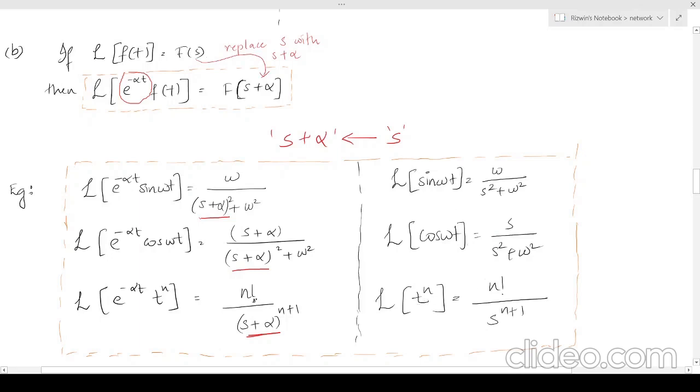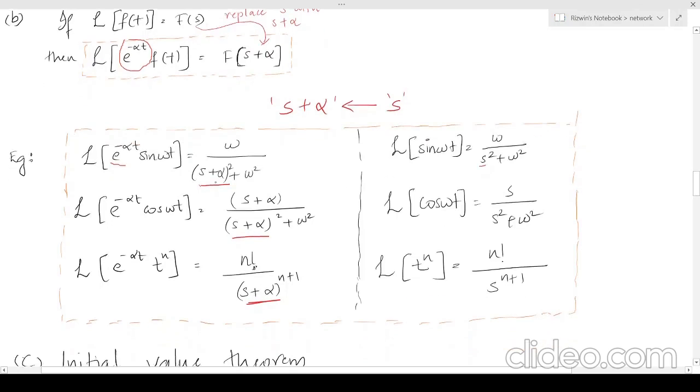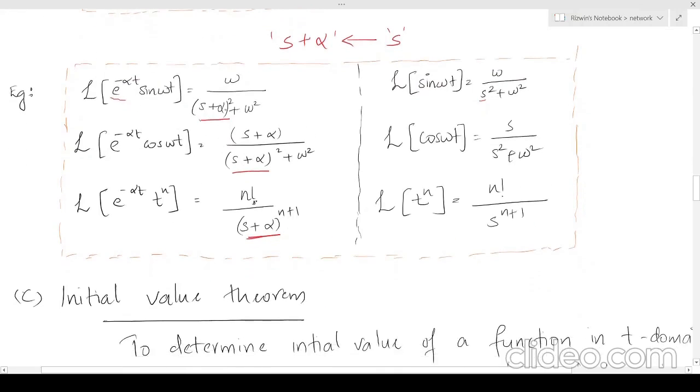Now, when sin omega t is multiplied by a factor of e raised to minus alpha t, we replace all the terms s in the Laplace by s plus alpha. And this will be the same when we multiply each function, like cos omega t and t raised to n, by a factor of e raised to minus alpha t, we replace the variable s with s plus alpha, as shown in the left hand side. So this will be another